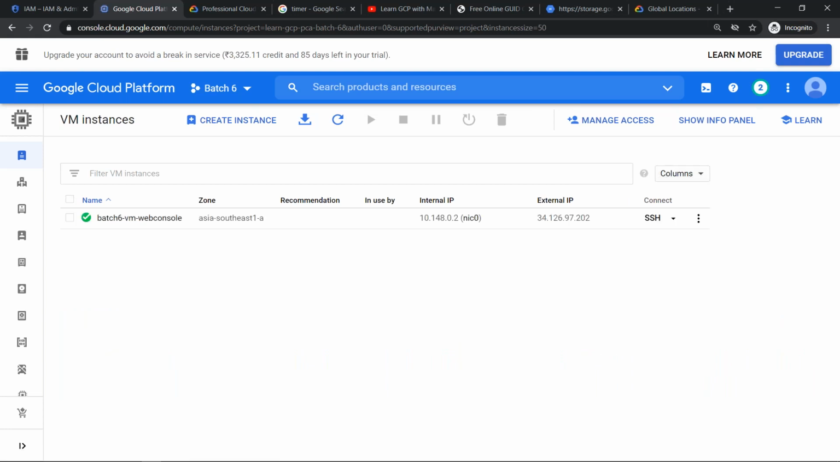So the VM is already ready, folks. The green tick indicates this virtual machine is already ready. It is provisioned in Singapore A zone. And it has an internal IP address and an external IP address. I can also log into this virtual machine. By default, in GCP, it's always going to be one specific operating system called Debian,